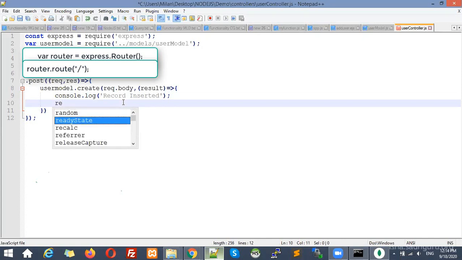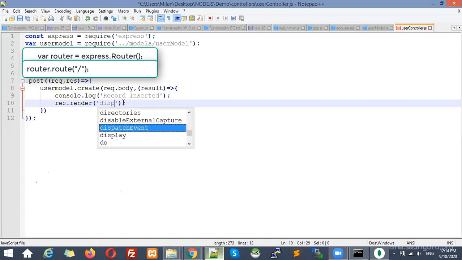For example, to send back, we have a response dot render method, where I want to send the user to another file, for example, the display file. Okay? So I am going to specify the name of the file, that is display. Still, I have not added it. I will add the file over there. So what it is going to do, it is going to send to the display method.